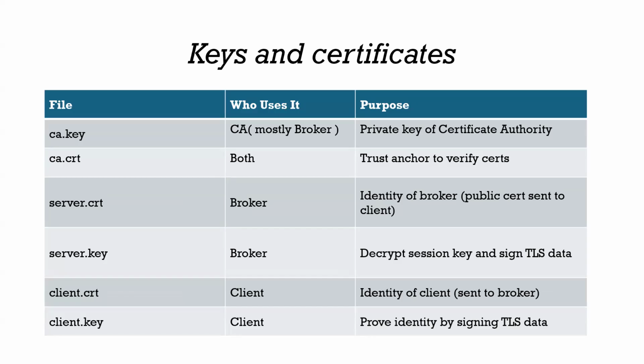Before we go further, we will understand the different keys and certificates which multiple devices use while communicating with the external world. Here I have mentioned only those keys, keeping IoT devices in mind. We have a CA key, which is the private key of the certificate authority. There are many certificate authorities like AWS and Microsoft. They give you